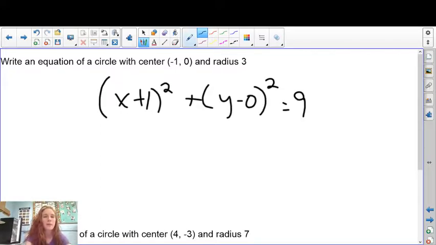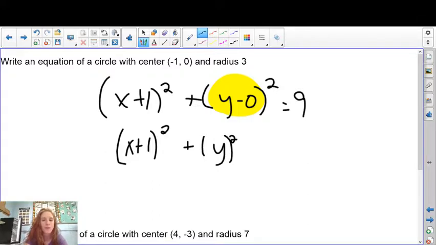Now here's my good big giant question here. y minus 0. What is y minus 0? What's anything minus 0? Well, it's just itself. So I could simplify this problem as saying y squared in parentheses. But then because I have nothing else going on, minus the squared, no matter what my y value is, I could just drop it. So my final answer for this problem